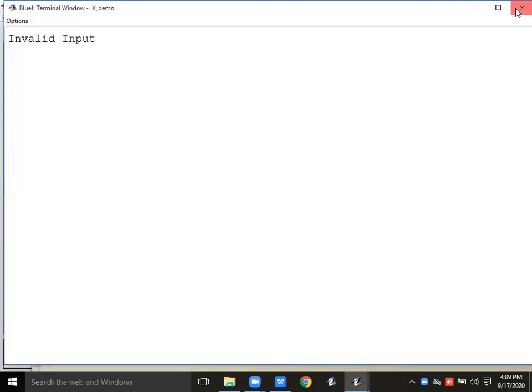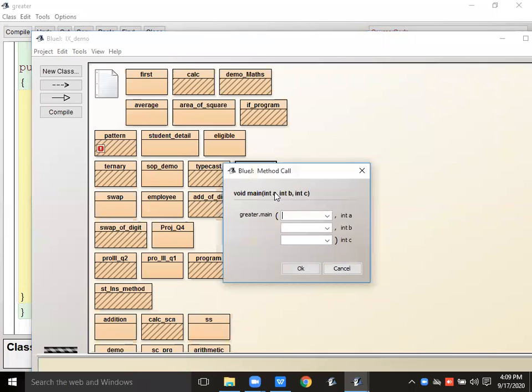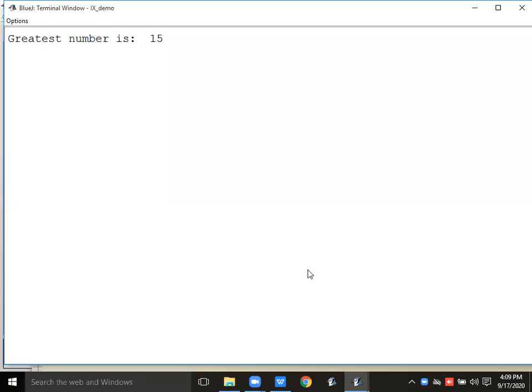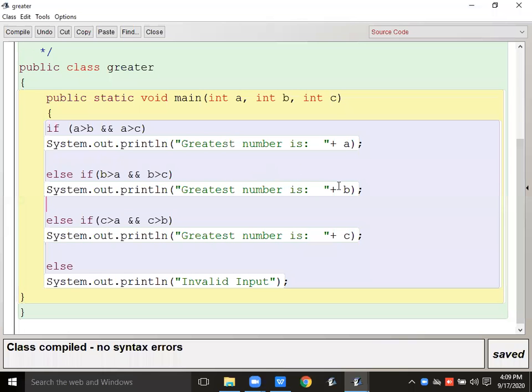So it will give you invalid. But if I give 10, 12, 15, where C is the greatest, it will give me C. Now in every case, my program is correct. If any of the numbers are the same, it is going to display invalid input. Otherwise, it is going to display whichever number is the greatest.